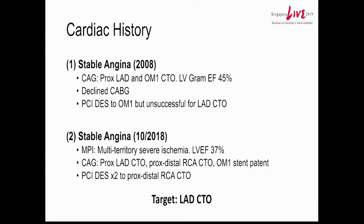At that time, angiography already showed a proximal LAD and OM1 CTO. EF was mildly impaired at 45%. He was offered but declined bypass surgery. So PCI was performed successfully to the OM, but was unsuccessful for the LAD CTO. So he was treated...